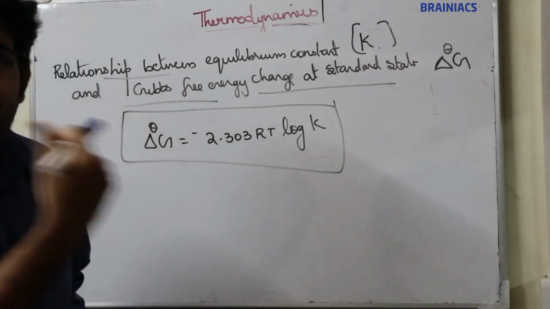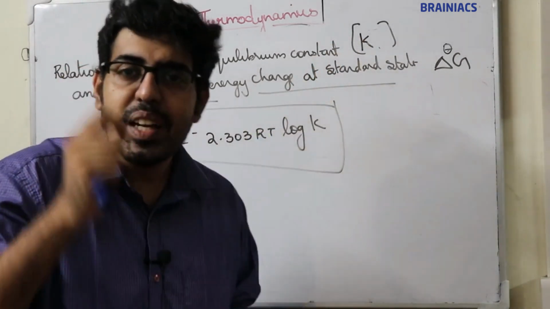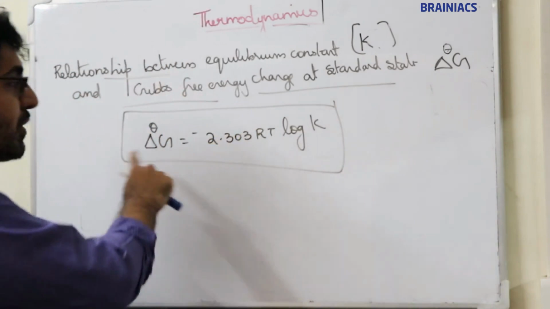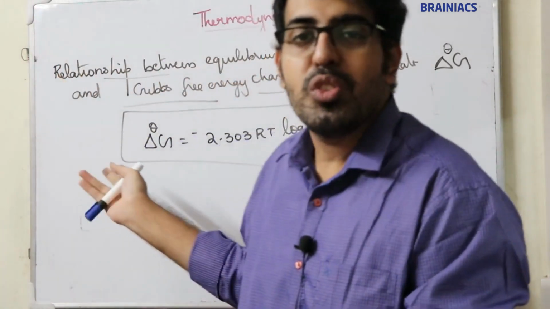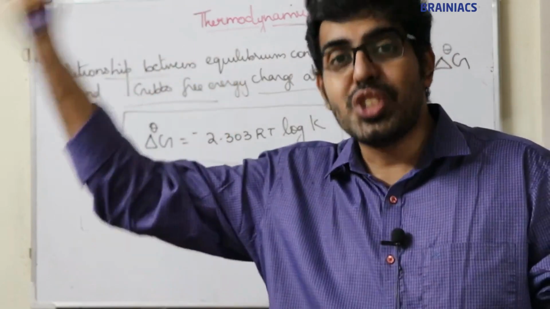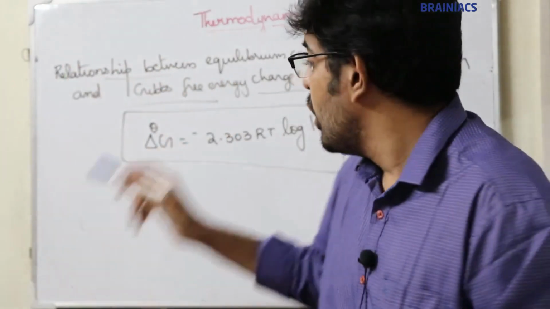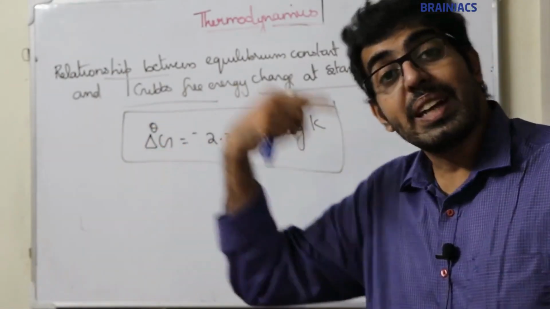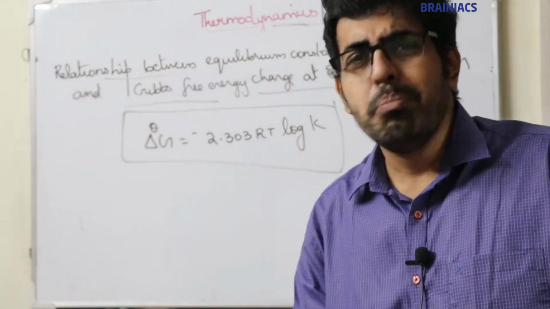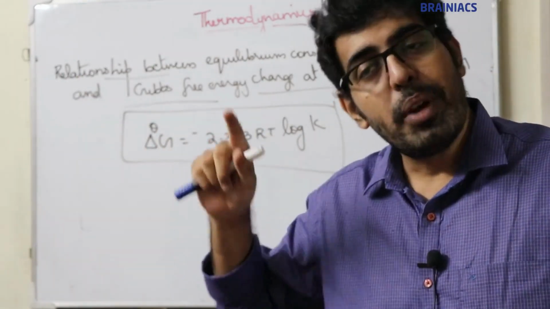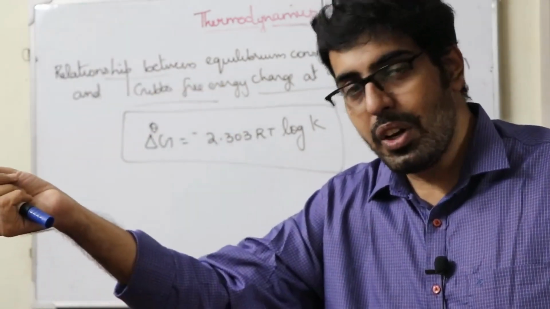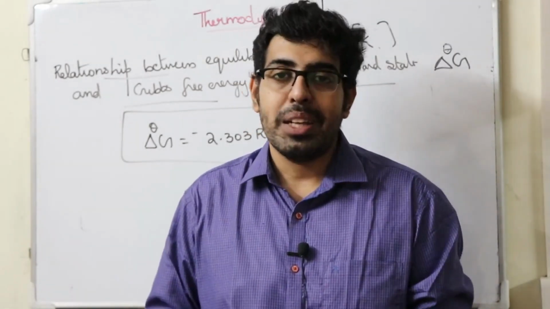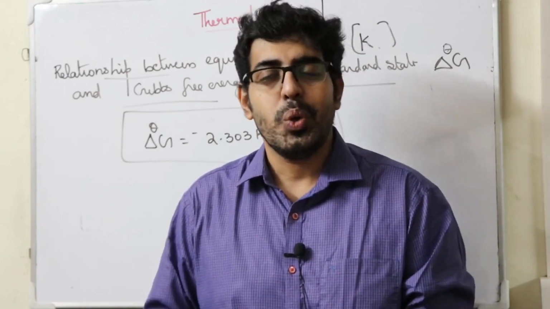Now, the equilibrium constant K value, you will study in the next chapter, equilibrium. In that chapter you will learn to derive this equation, so I'm not giving more importance to this equation here. But you have to learn this equation in the next chapter. Okay, so we have discussed so many topics in thermodynamics. I think all the topics are clear now. So thank you.